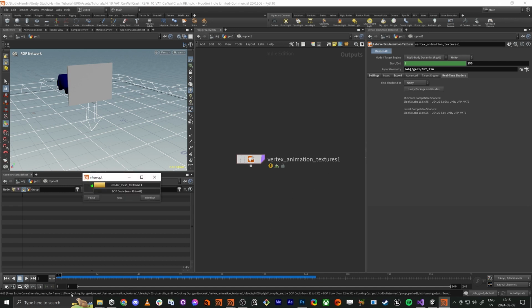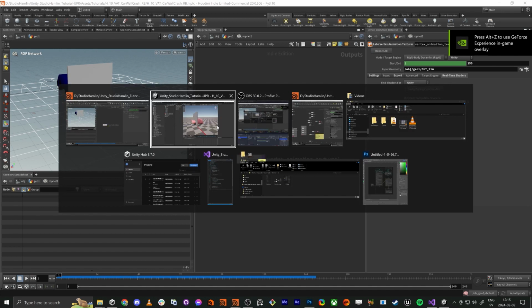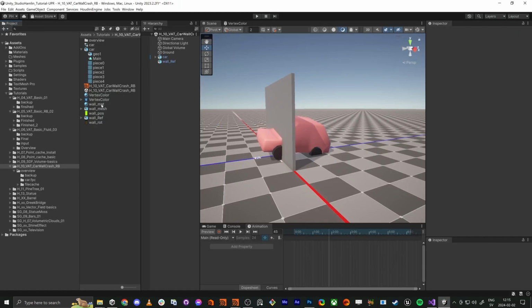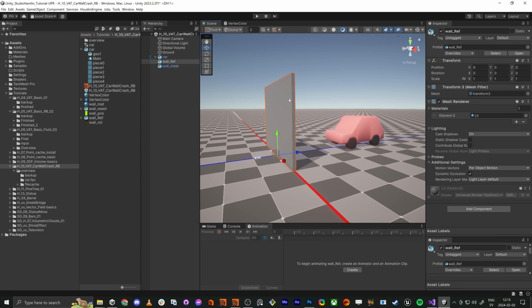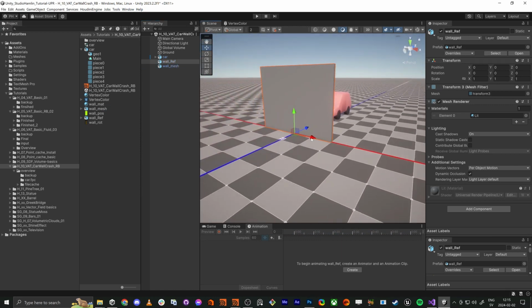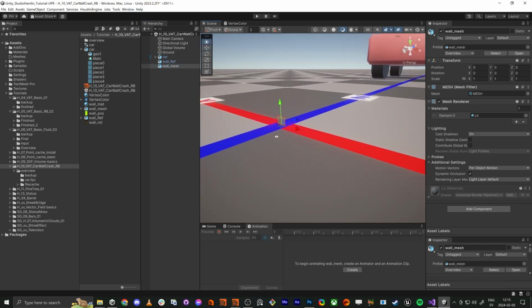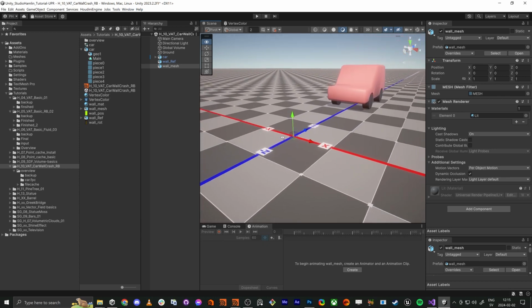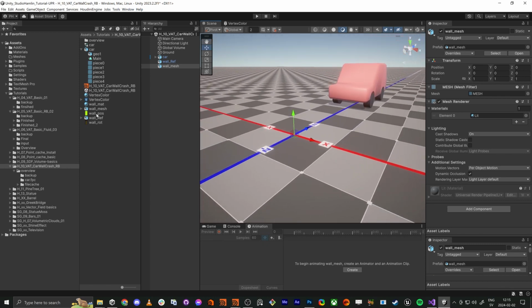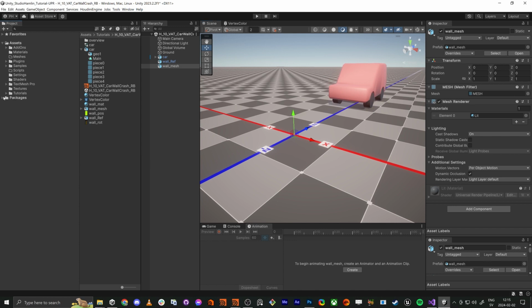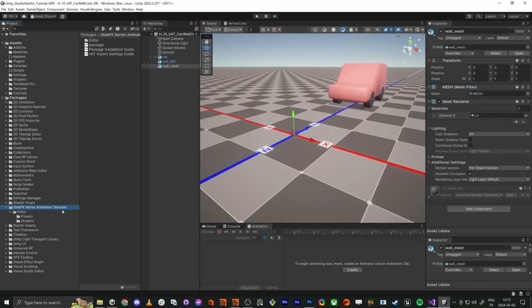And you can see down here it works. And here this one pops up. So inside here we have the wall mesh. So I'm just going to move the ref to the side. So here we have the wall, and it's super tiny. And you should not scale this one up because the wall position will do it for us. Well, actually, more correctly, the import settings will do it for us, because when you install the SideFX Vertex Animation package,